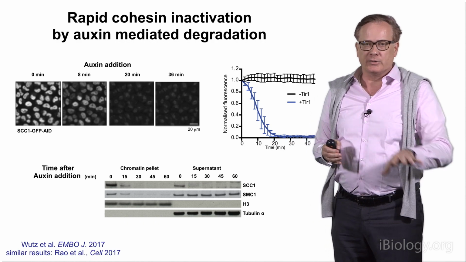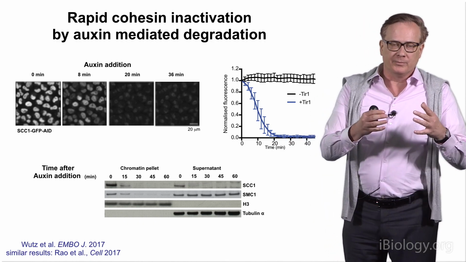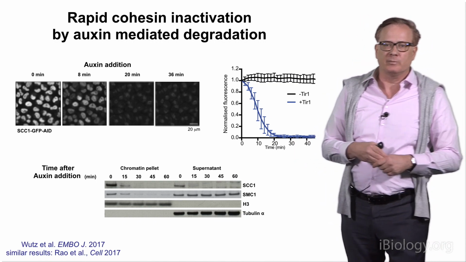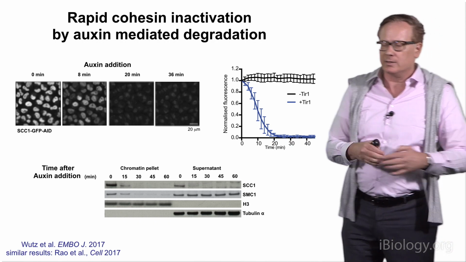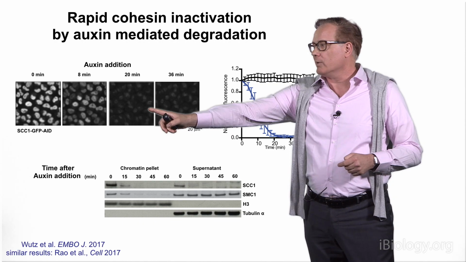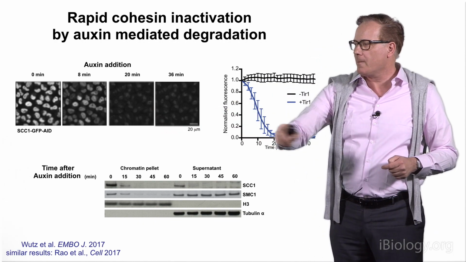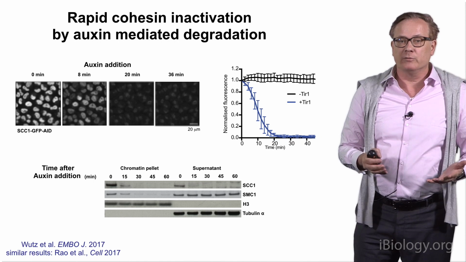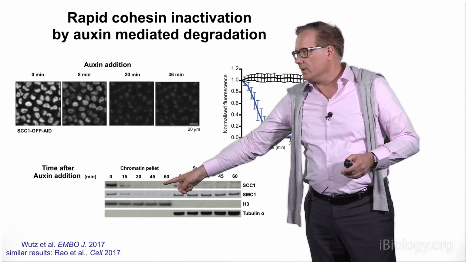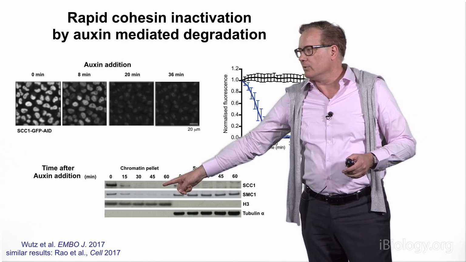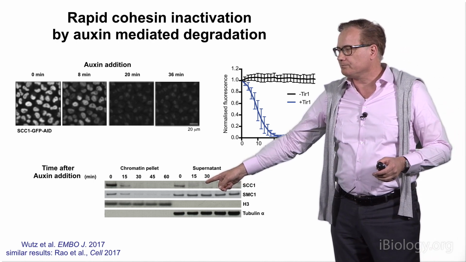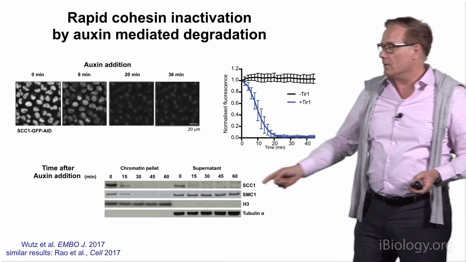And when we added auxin to such cells, which contained only SCC1 fused to GFP and AID, achieved by CRISPR genome editing, but no other untagged alleles of SCC1, then we saw that the GFP signal disappeared very rapidly, quantified here. And this disappearance of GFP was indeed caused by degradation, as could be seen by Western blotting, where the SCC1 protein disappeared both from the chromatin pellet, but also from the supernatant fraction,